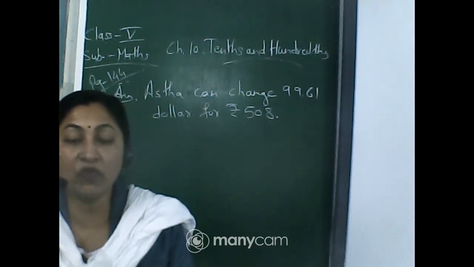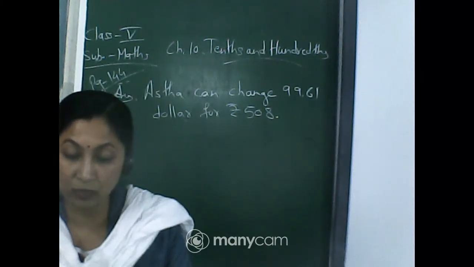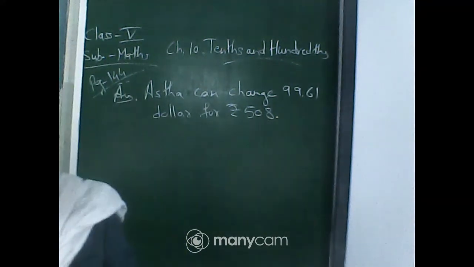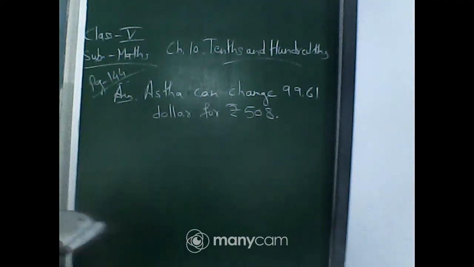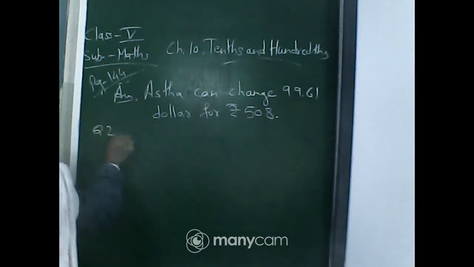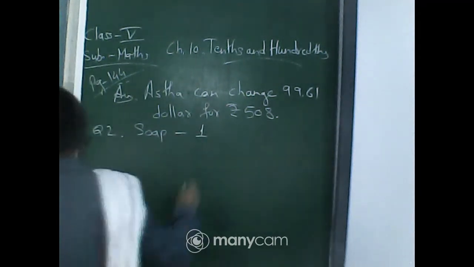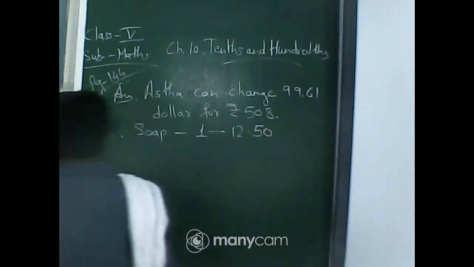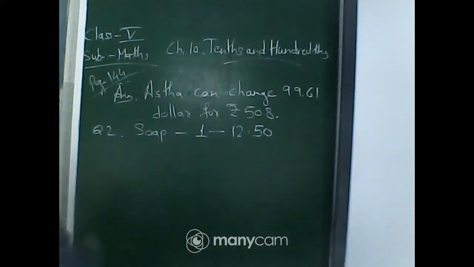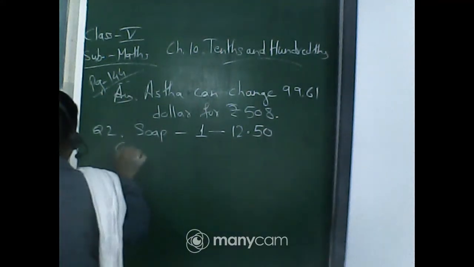Okay, so this question you will do in the book. So quickly write it down. In the book only you will write it down. See, question number 2. What items has she bought? First one was soap. Only one she has bought and the amount will be rupees 12.50. But it is given 1250, isn't it? So give a point after 12. That is 12 rupees and 50 paise.